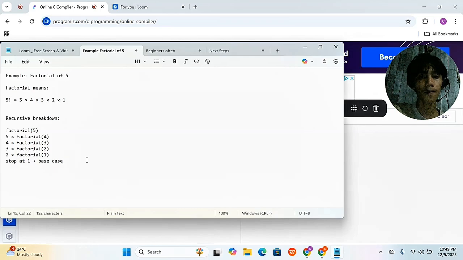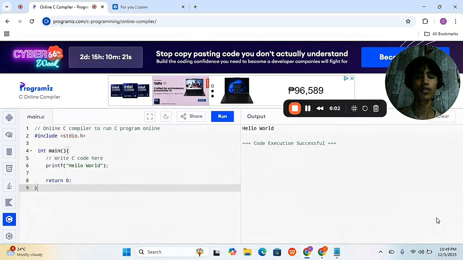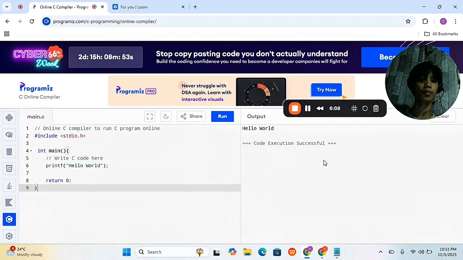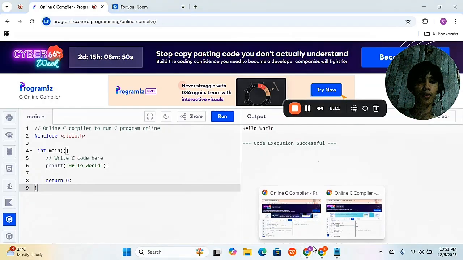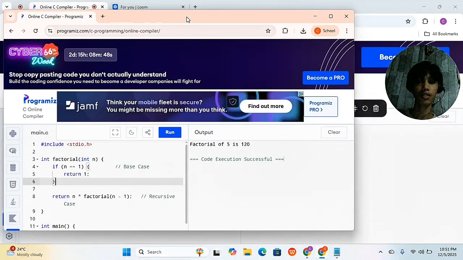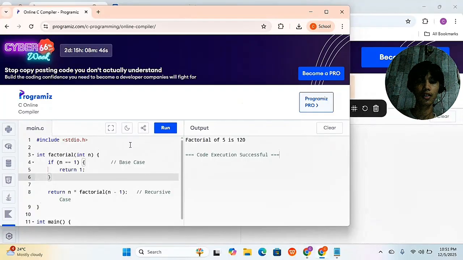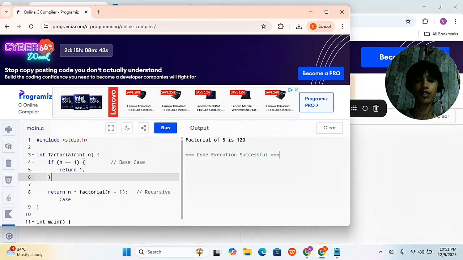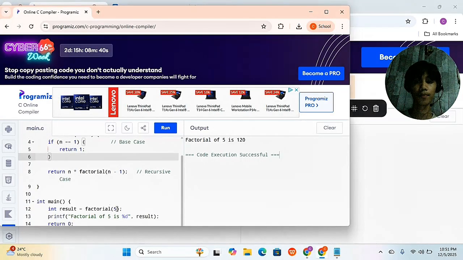So yeah, we will write and explain three recursive programs, which are factorial, Fibonacci, and linear search. Now we will begin with factorial. Here's how it works.